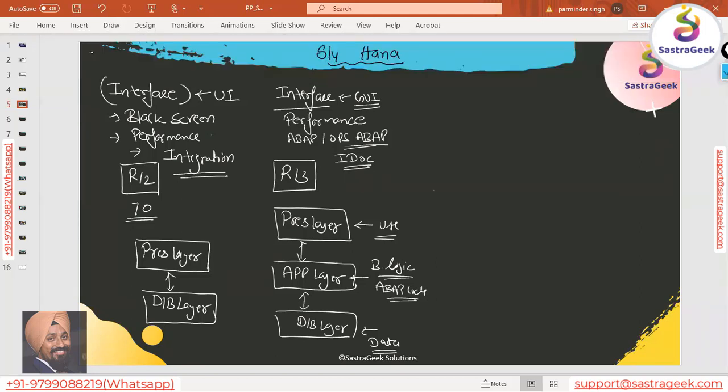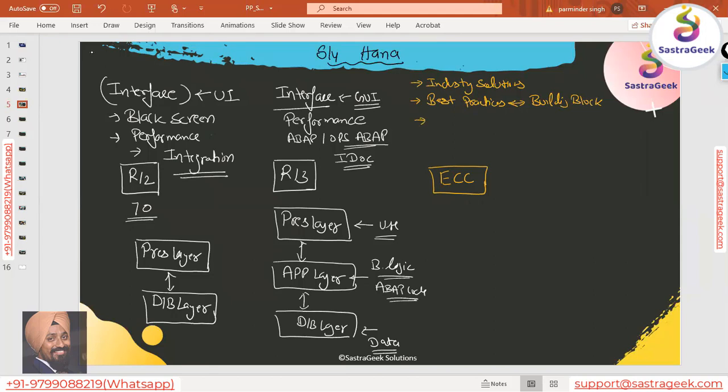Then the next is your ECC, Enterprise Core Component. By the time SAP worked on R3, a lot of customers had already put it in place. A lot of customers had come up. So SAP gained a lot of knowledge from the business and different industries. SAP enhanced their industry solutions with ECC, industry-specific solutions. SAP also enhanced and worked on their best practices, which are also known as building blocks. That part they also worked on.